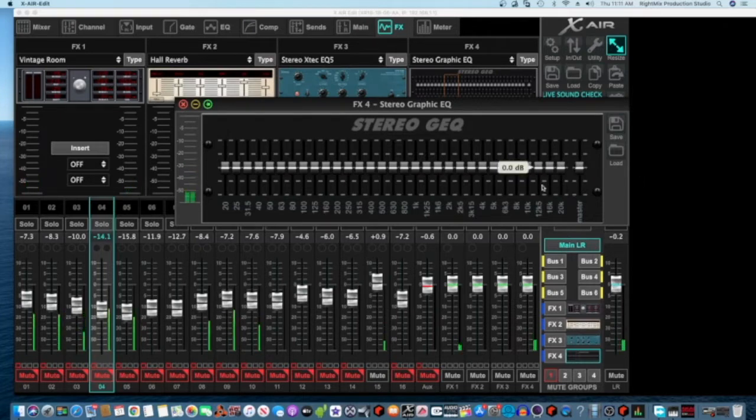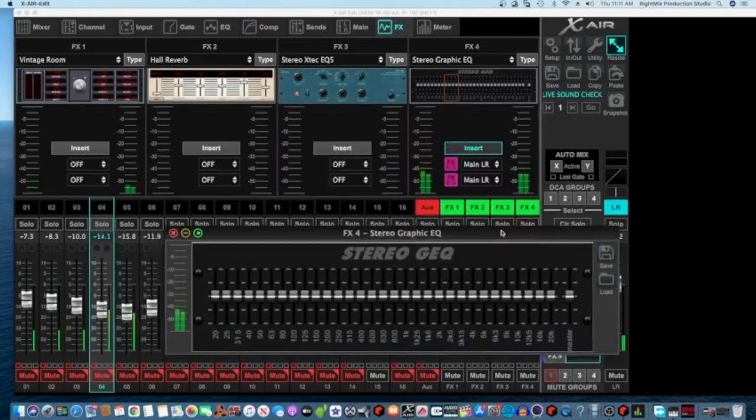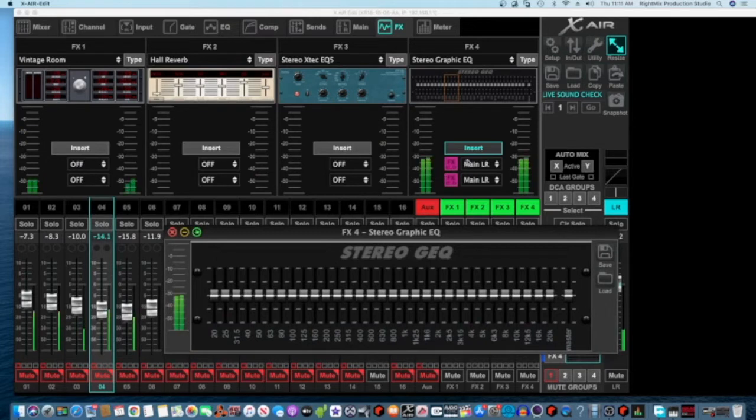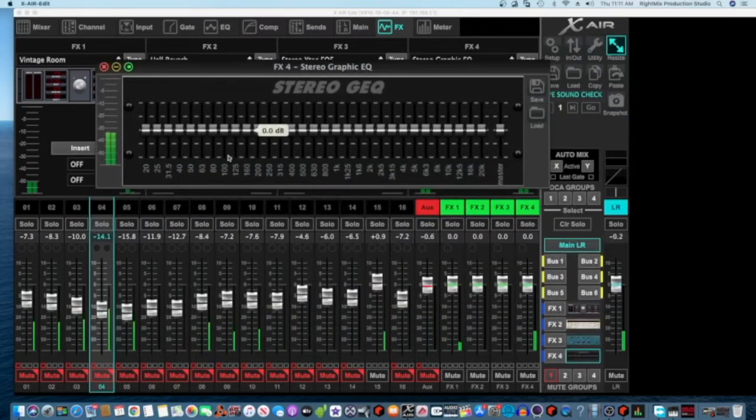So for that, here you can see I have inserted this EQ across my left and right, so it affects everything passing through my left and right output going to my speakers. That is the control over the overall sound. What this actually does is allow me to tailor my lows and